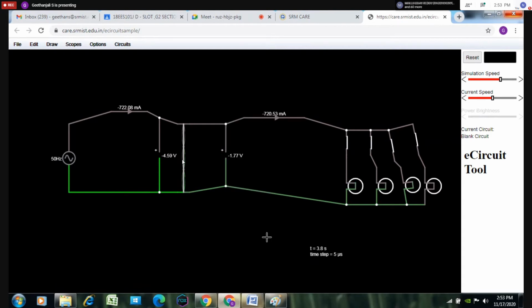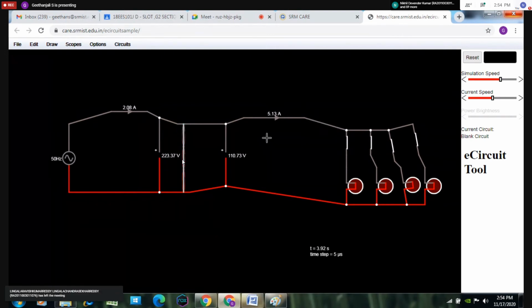Okay. The next, everything is over, then you have to run. So everything is completed and the simulation gets started. It is showing the simultaneous value. While I click on the stop button, it shows the instantaneous value. So at this instant, whatever current and voltage are available, everything is shown here. It is the instantaneous value for this instant.